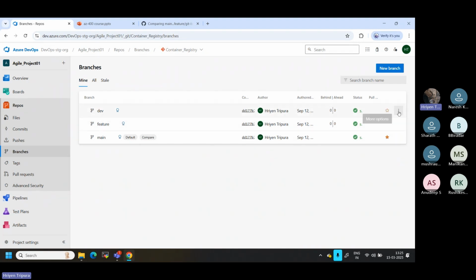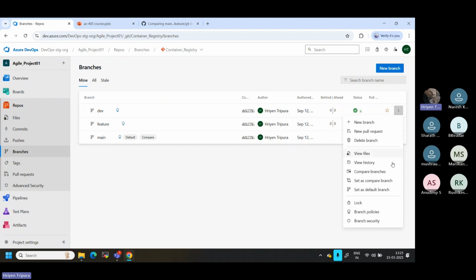Now there is a three dot I have to click. If you see here, I can see a lock branch. Now, you do not see any icon, right? This is a branch that has a policy, and you hardly see this only. Now, if I put this lock,